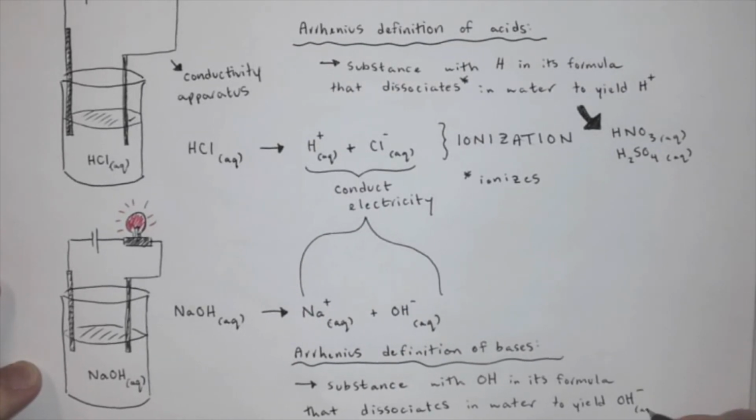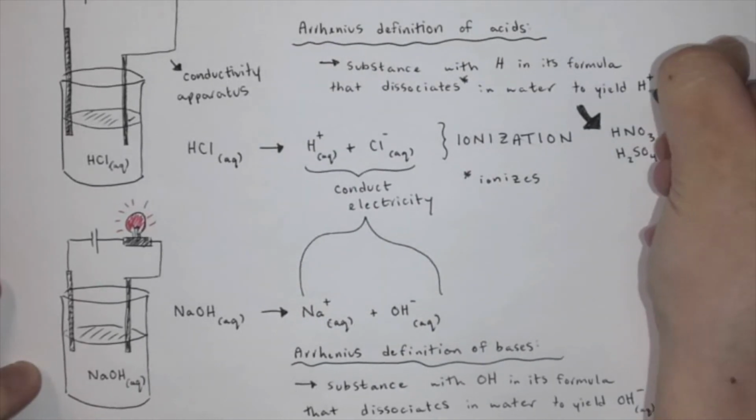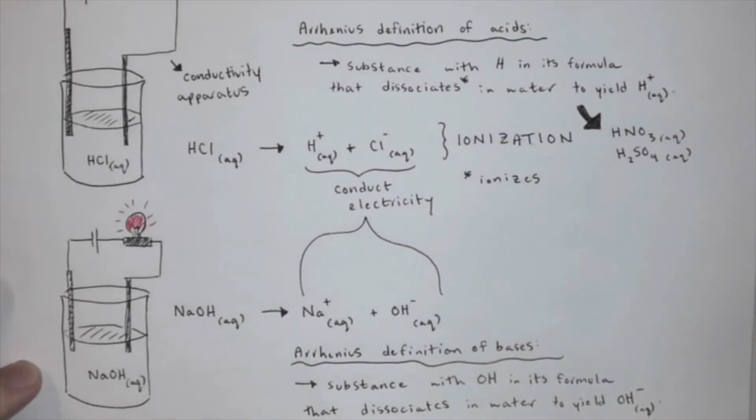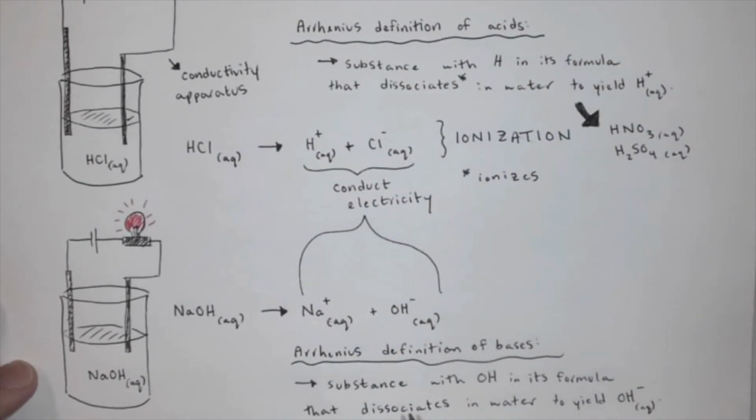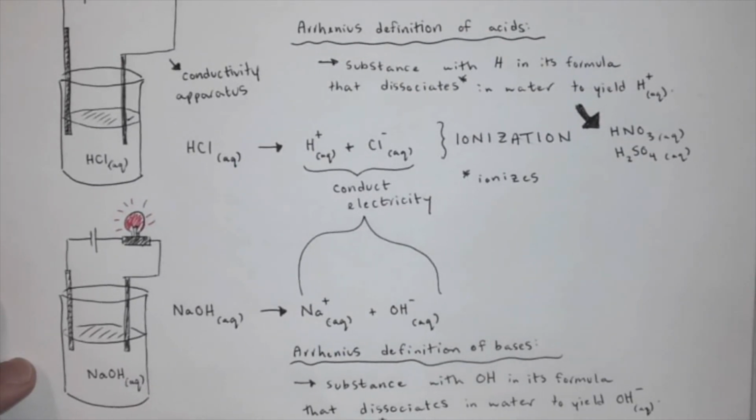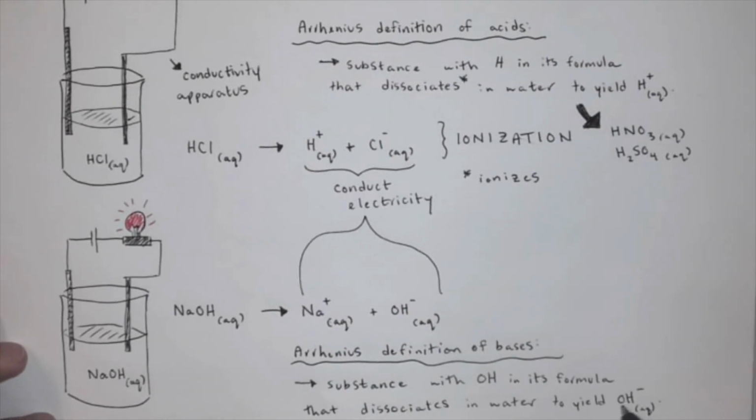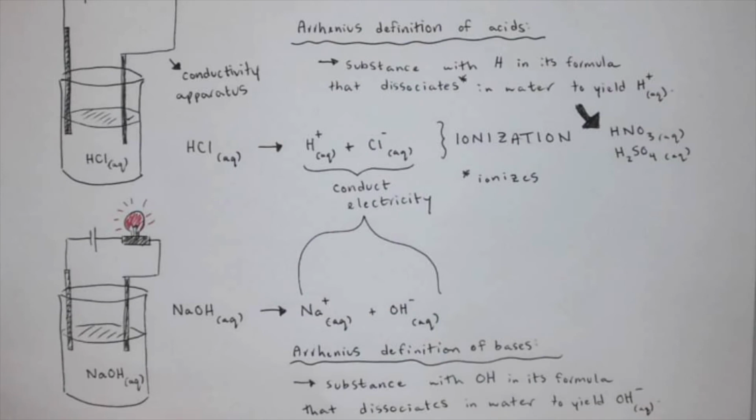I'll put aqueous there. I should do the same with hydrogen. Okay, so an Arrhenius definition of a base is a substance with hydroxide in its formula that dissociates in water to yield hydroxide ions. So what would be some examples